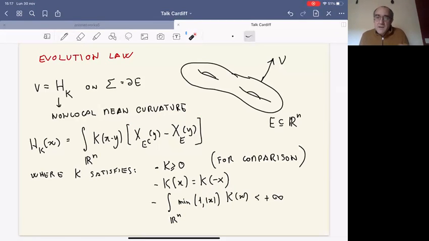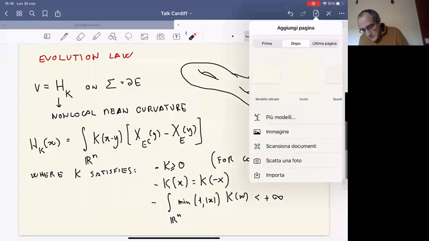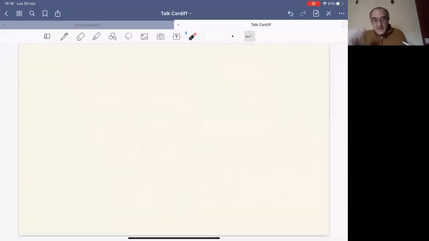And for example, every C infinity set has a well-defined mean curvature, which is something which I want. So I can allow little singularity. Let me just make an example why this singularity is allowed. So we go a little beyond the L1, because the typical example which has been studied in recent years